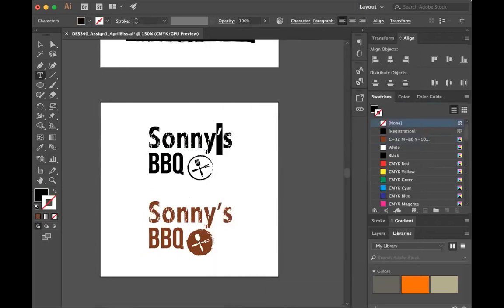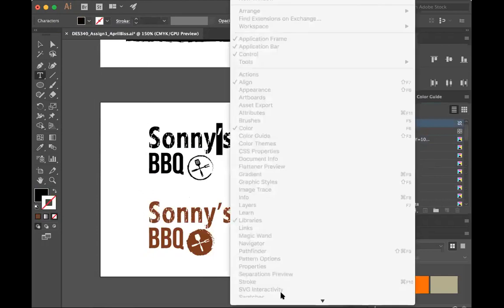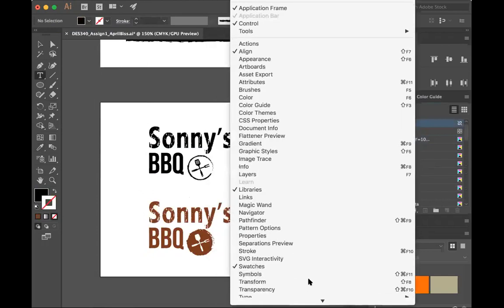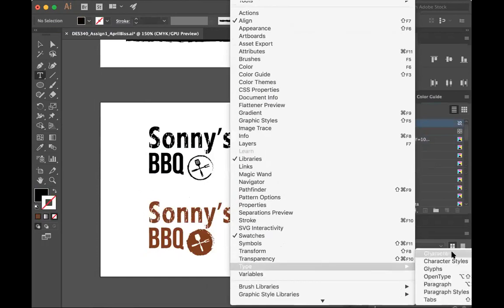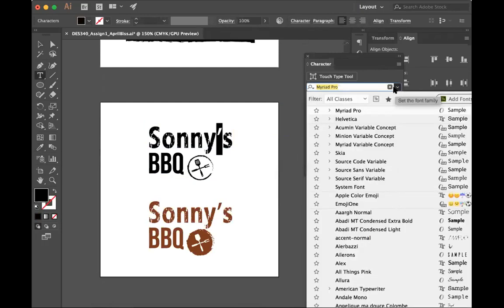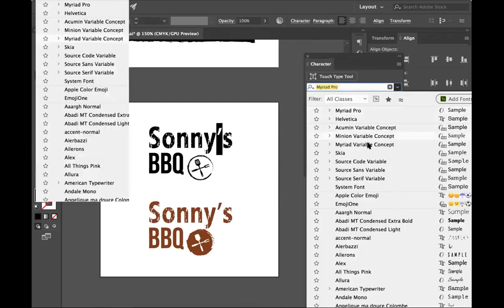Here's my character. Keep it simple. You don't want to go too crazy with the logo. If it's just as simple as this typeface and nothing more, then that's good if it works for that.